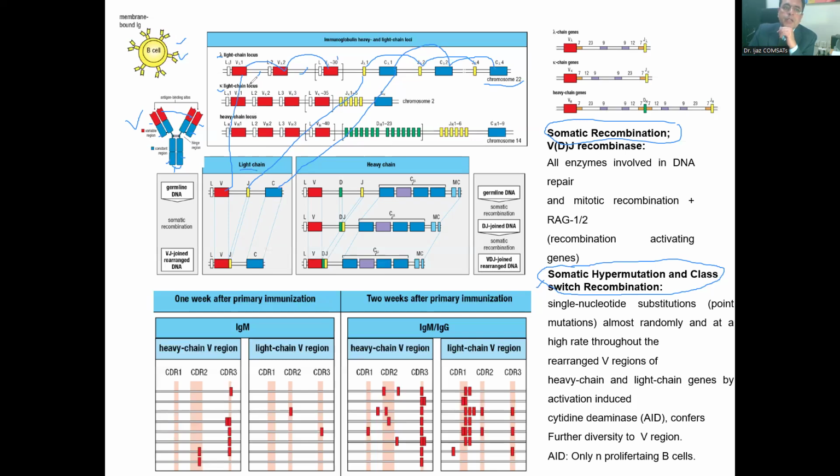So this means that this variable region could be any one of up to 30 different segments that are present there in the germline DNA. And through the process of somatic recombination, the variable sequences and joining sequences have to be brought together in the first place. They would be brought together, and these variable segments, joining segments, and the constant segments,